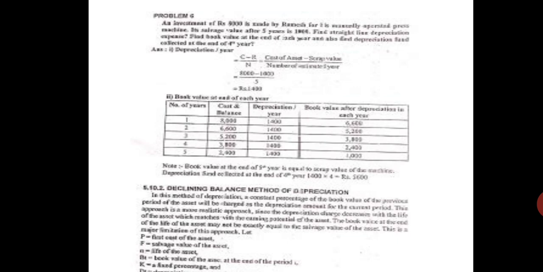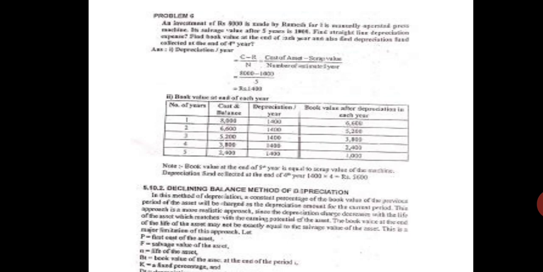Because I can tell about my own car. I paid around 6 to 7 lakhs to buy that car, and I was paying insurance for that 7 lakh rupees. But today the book value of the car is only 2 lakh rupees. So based on that only we pay the insurance. The value of the asset decreases over a period of time, and the depreciation is much more in the initial stages.